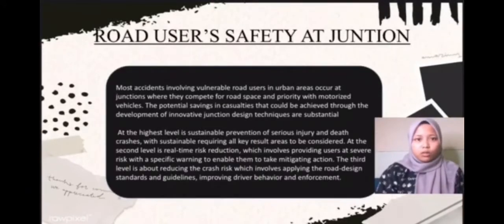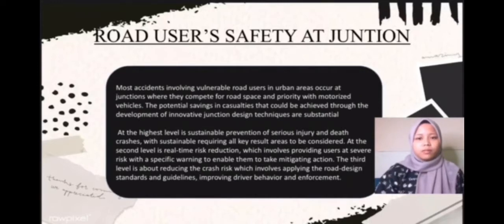Next is road users' safety at junctions. Most accidents involving vulnerable road users in urban areas occur at junctions where they compete for road space and priority with motorized vehicles. The potential saving in casualties that could be achieved through the development of innovative junction design techniques are